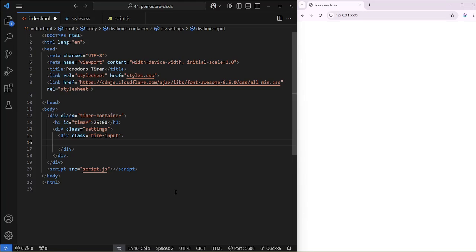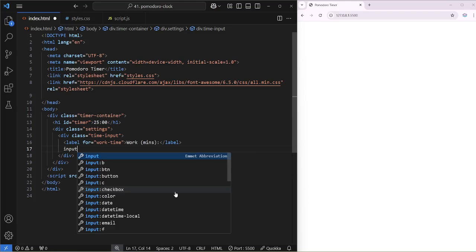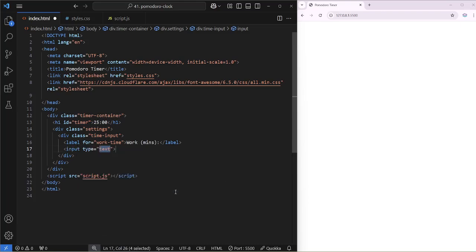Here adding label for work time, value work minutes, and the next input for the work. Here type number and id work time,